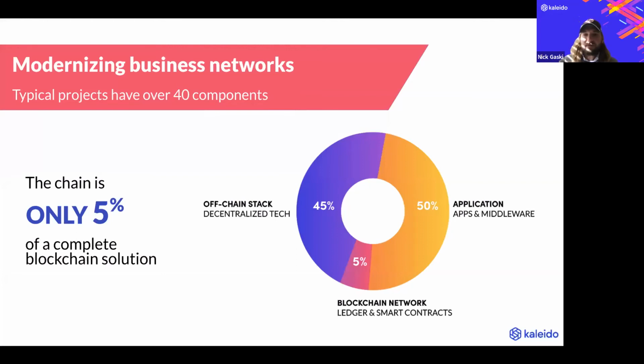And there are tons of different components here: messaging, middleware, data storage, identity access management, key management, what's kept off chain, what's kept on chain. How are we going to onboard new members? How are we going to dynamically evolve our network? How do the nodes change sizes? How do we upgrade those images? On and on.